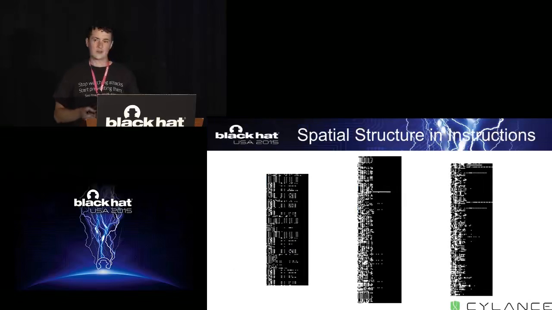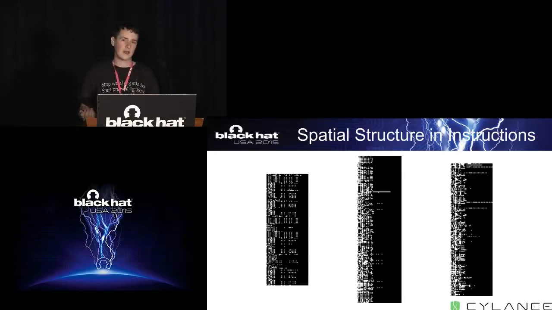Then all we're going to do is take these image recognition algorithms that work really well with object recognition and apply them directly to malware detection. So we're going to have a big data set of Windows PEs. We know in advance which ones are good and which ones are bad. We're going to turn them into these sorts of images, then throw them through a model, see what it says about it, and then we'll be done.